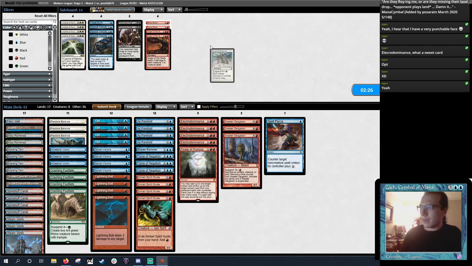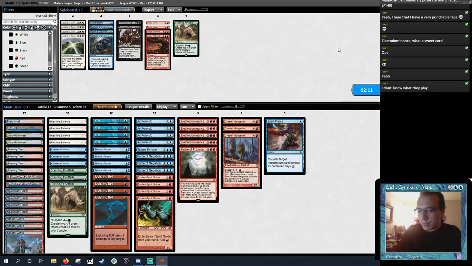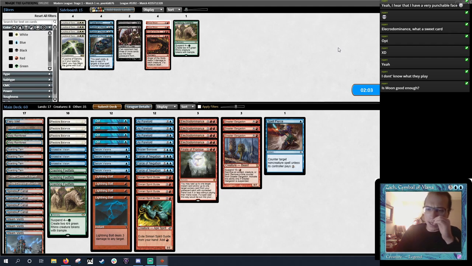I might go down a Restore Balance. It's a combo with Gargadon, but... Oh, we'll just go down to Footfalls, right? Because their creatures are going to be outclassing the Rhinos. You don't know what they play. Is Moon... No, not even close. Moon could turn off the Ink Moths, but I don't...